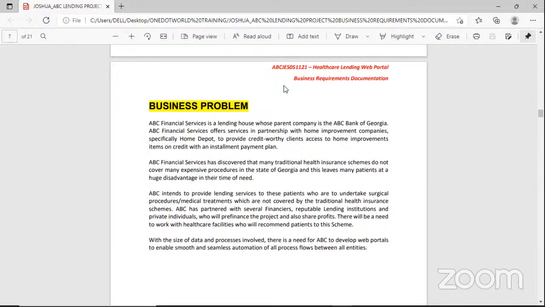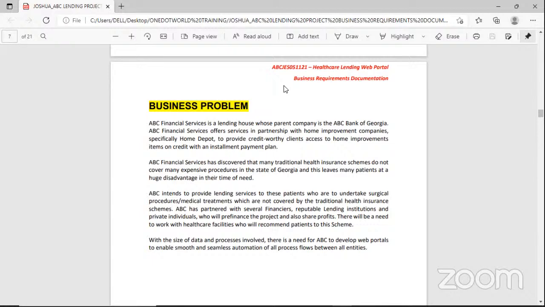But they realize that in the health sector as well, there is a dire need for their services, because it has been reported and documented widely that many patients have issues paying for high-level or expensive surgical procedures and medical treatments.